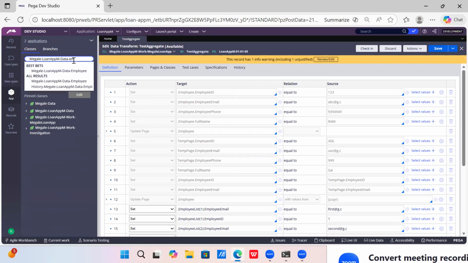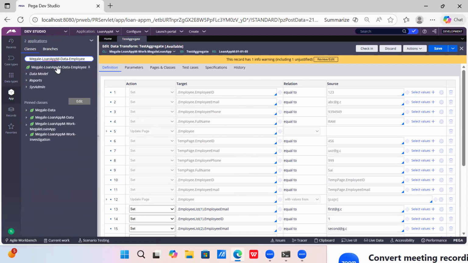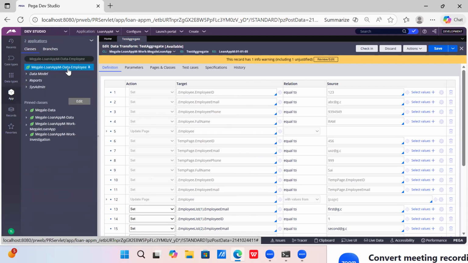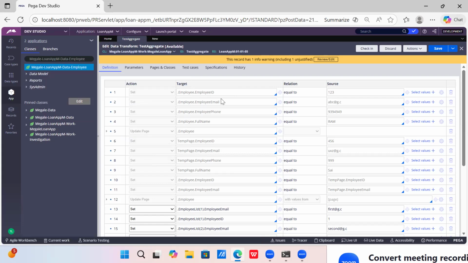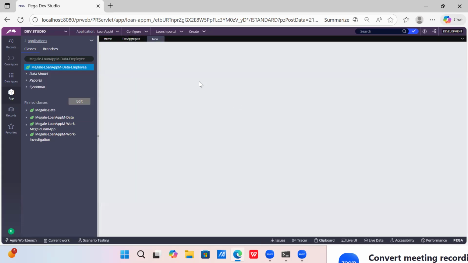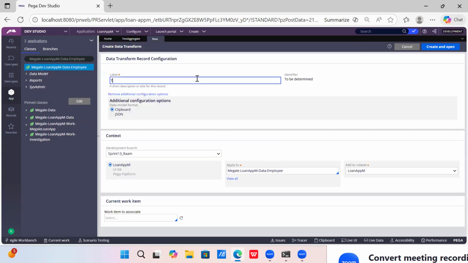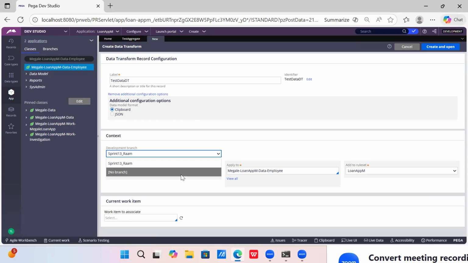Say in data employee, I'm having one data transform. So suppose this is a class, I'm creating one data transform. I'm keen about scenario questions today.